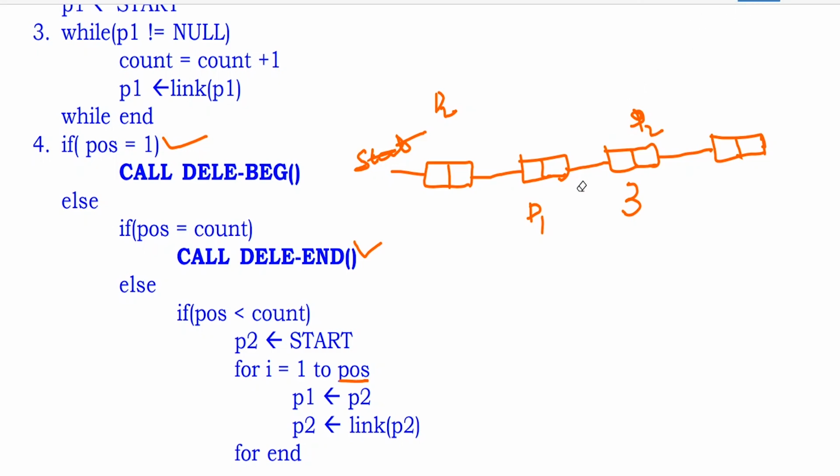In order to delete this node, let me write these 3 addresses. Suppose this is 300, this is an example, and this is 200. Now I replace this value with this one, so automatically the relation is established. This is very important, you have to understand: link of P2 will be copied to link of P1.